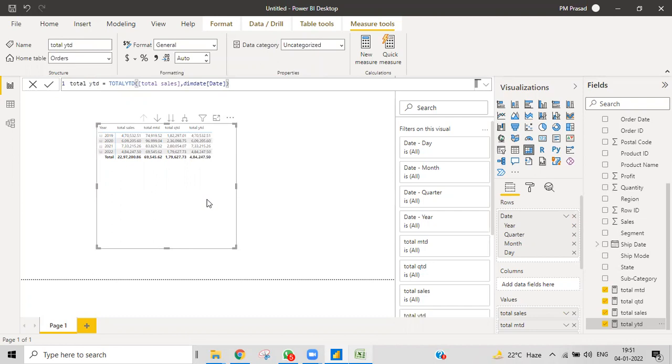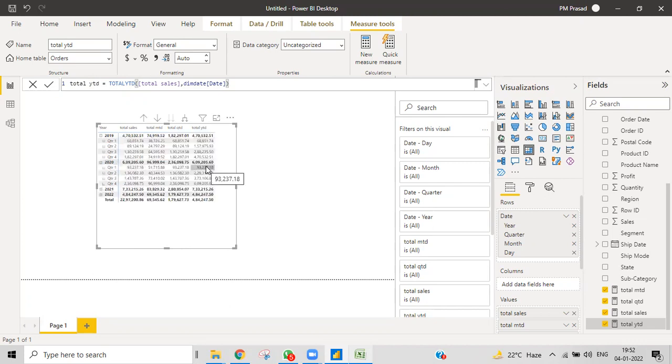You can see. And then if I click OK over here, and then I want to look, you can see it will accumulate. Earlier, only for that particular quarter it was showing two values. But here you can see it will accumulate until the end of the year, and then again it will start the accumulation from the beginning of that year.